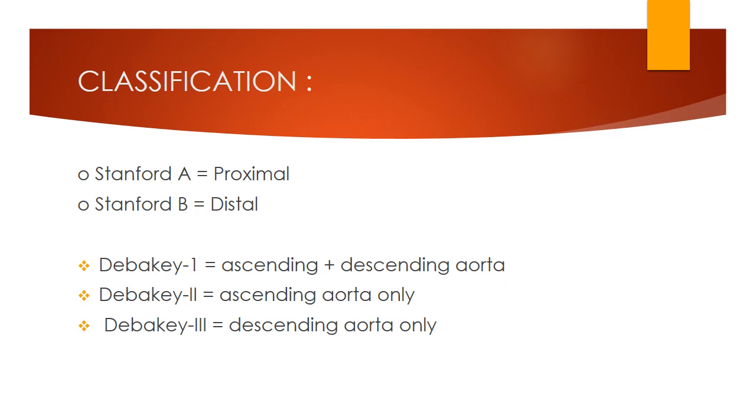There are two types of classification for aortic dissection: Stanford classification and Debakey classification. The Stanford classification divides the dissection into A and B. A is dissection in the proximal aorta and B in the distal aorta, whereas Debakey 1 involves the dissection of ascending plus descending aorta. In Debakey 2, there is dissection in only the ascending aorta, and in Debakey 3, the dissection involves only